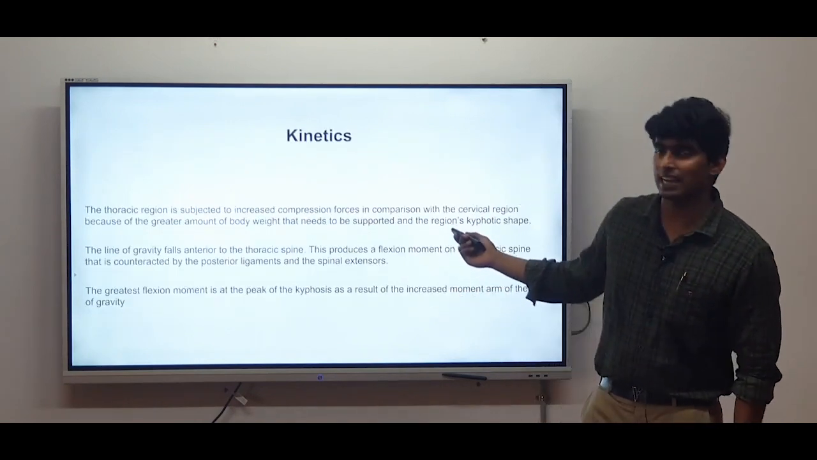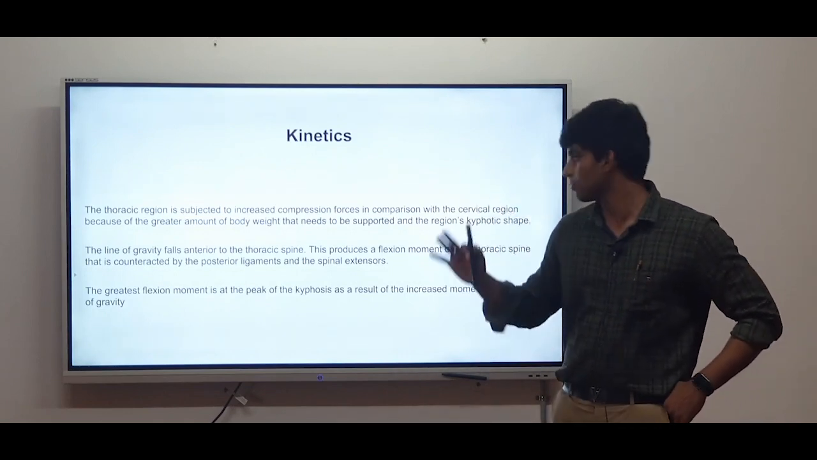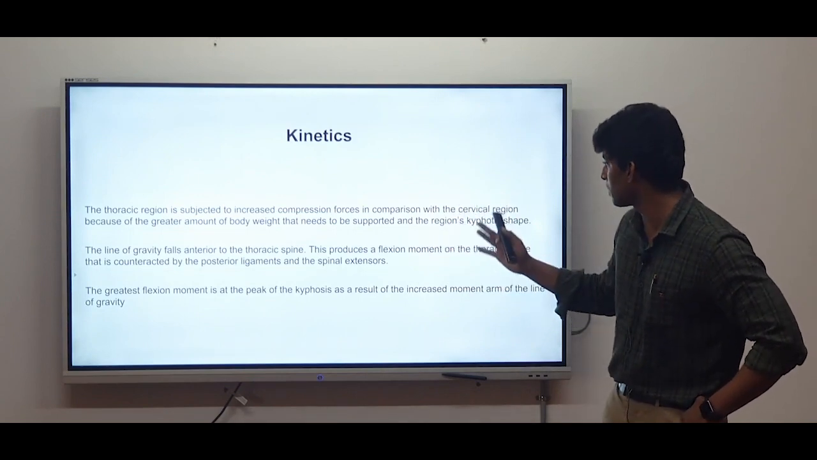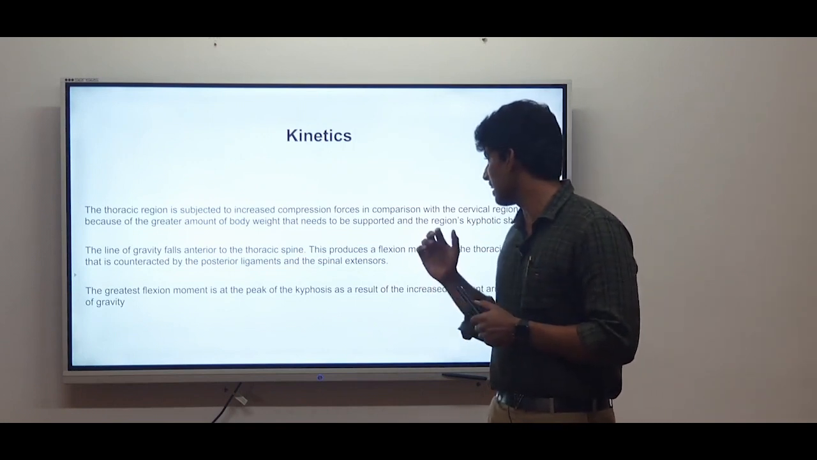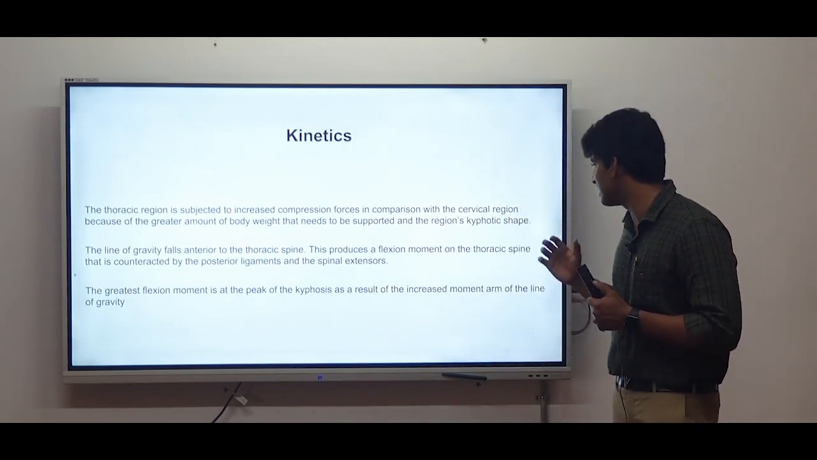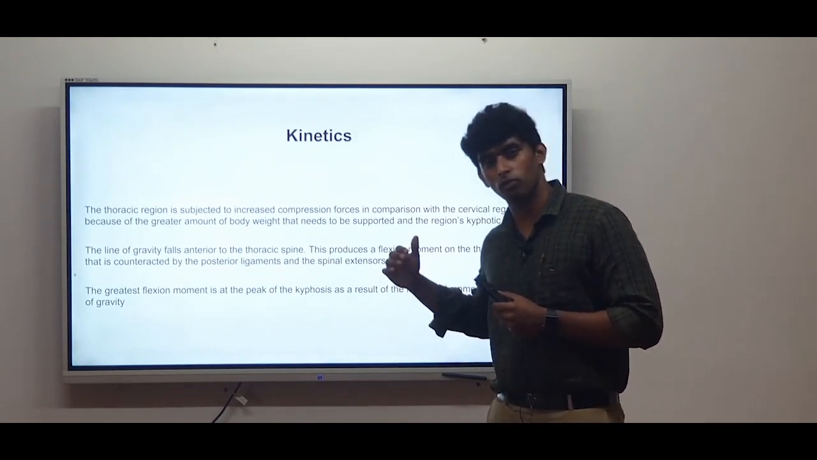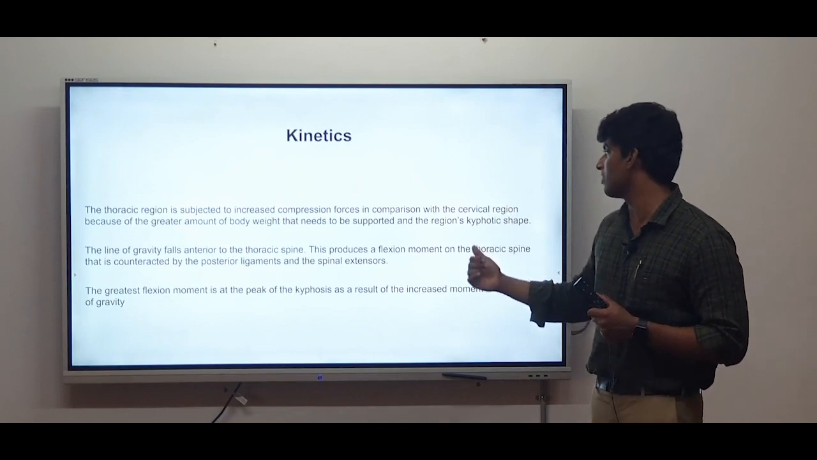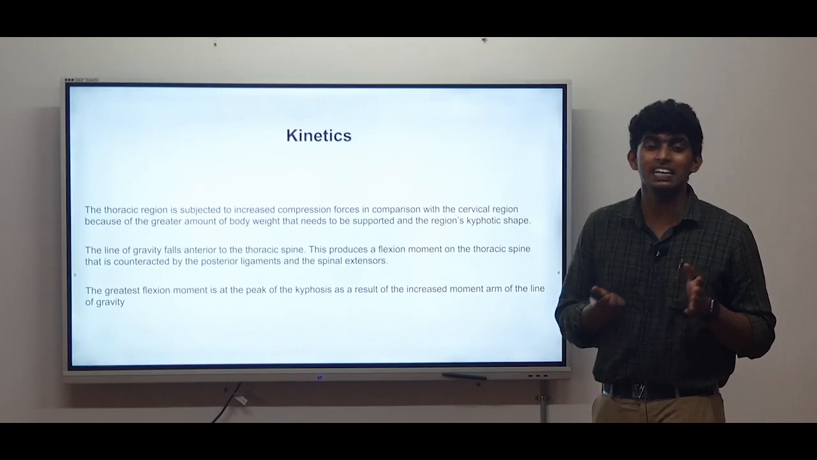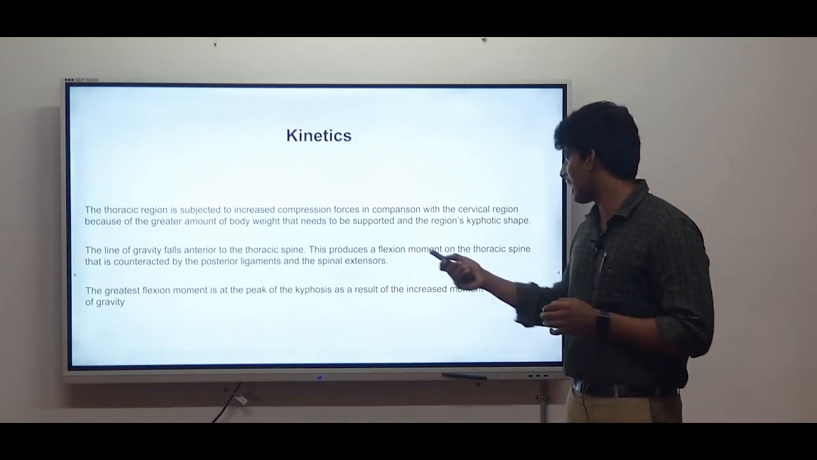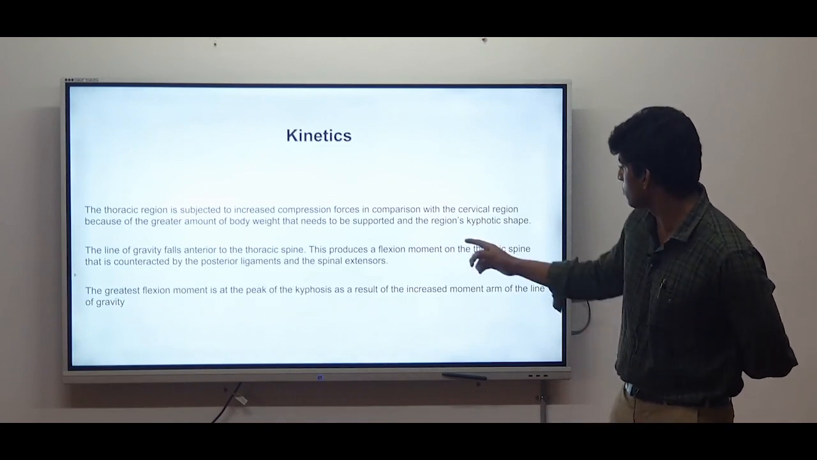Now, we will discuss the kinetics. In kinetics, the thoracic area is subject to increased compression forces in comparison with the cervical region, because of the greater amount of body weight that needs to be supported and the region's kyphotic shape. So, because of the kyphotic shape and the body weight, it is subject to increased compression forces compared with the cervical region. The line of gravity falls anterior to the thoracic spine,